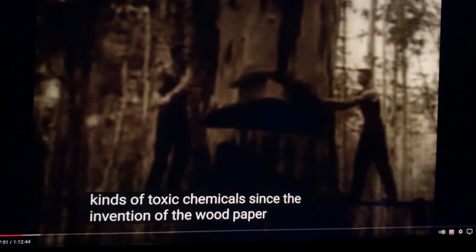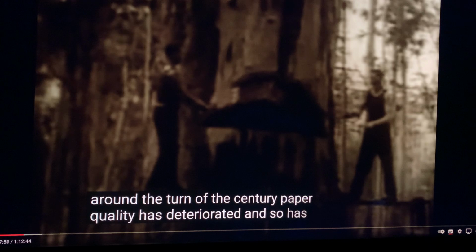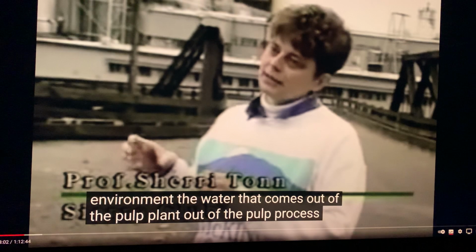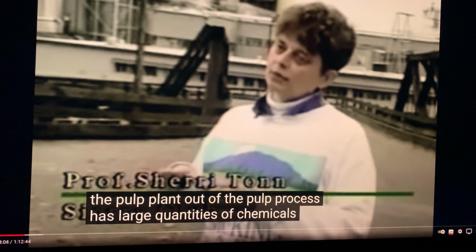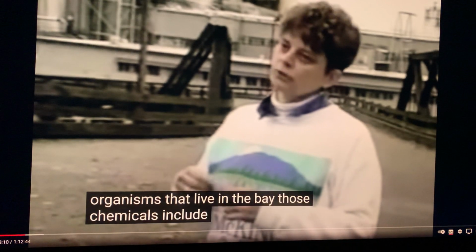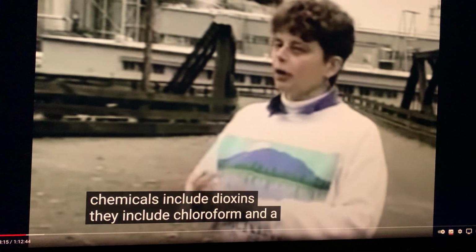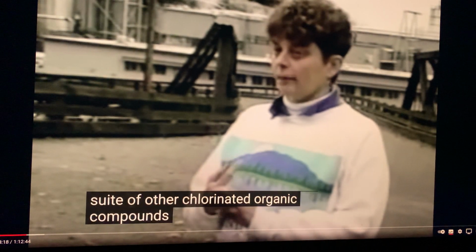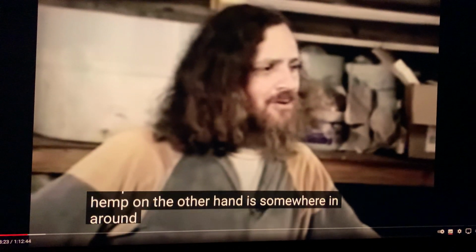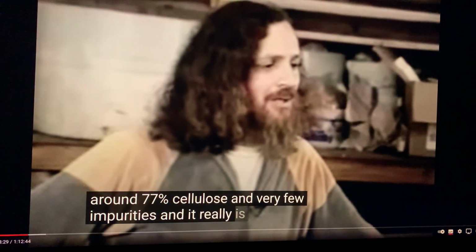Since the invention of the wood paper process around the turn of the century, paper quality has deteriorated, and so has the environment. The water that comes out of the pulp process has large quantities of chemicals that are potentially toxic to marine organisms that live in the bay. Those chemicals include dioxins, chloroform, and a whole suite of other chlorinated organic compounds. Over 2,000 have been identified. Hemp, on the other hand, is somewhere around 77% cellulose and very few impurities, and it really is an ideal